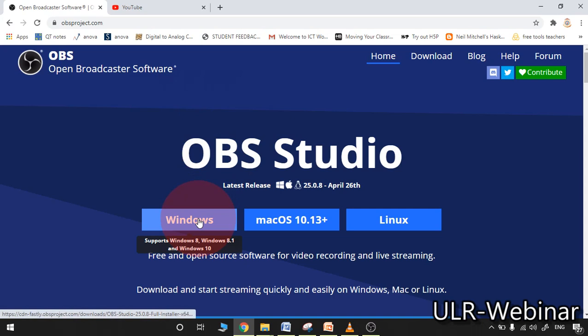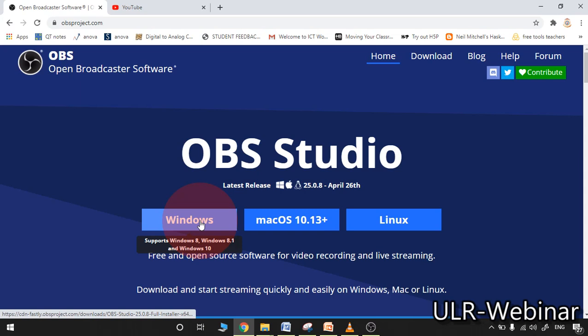For Windows, for Mac, for Linux, different options are there. By clicking these, you may download it to your laptop. Please observe, it supports Windows 8 and Windows 10 only, but all the features work comfortably in Windows 10 only. All of you please make a note of this point.